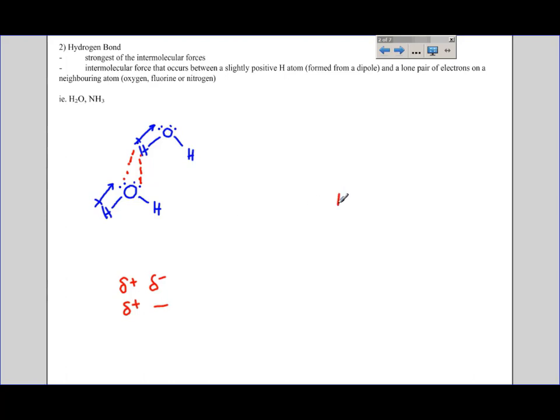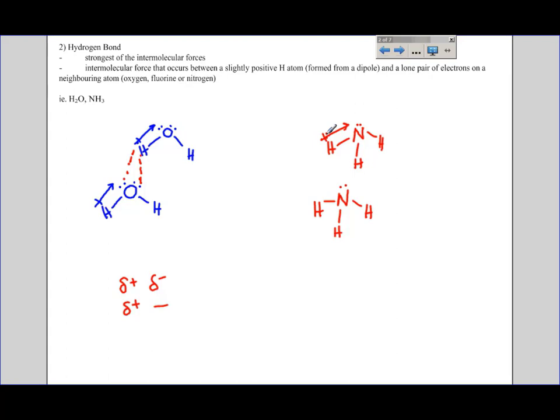Let's look at NH3. Okay. NH3 is also tetrahedral. It ends up being pyramidal in its geometry because of the lone pair of electrons. And when we check the polarity of this bond, we see that hydrogen is slightly positive. So not only can we just look at this NH3 and say it's a polar molecule because of the lone pair, so it probably has dipole-dipole, we want to look even further to check whether or